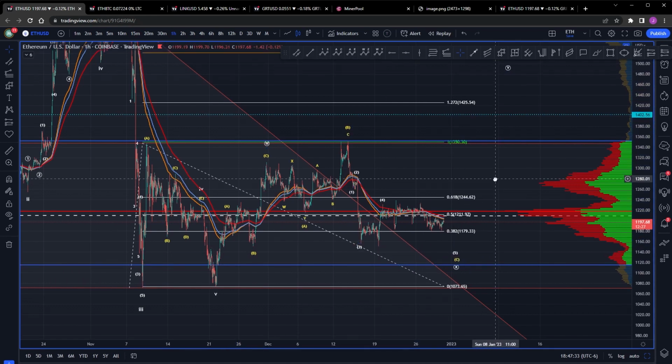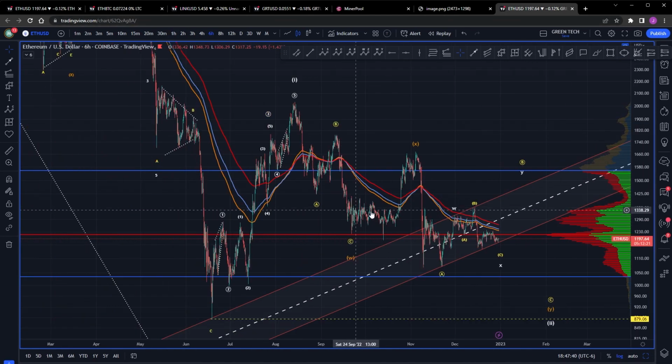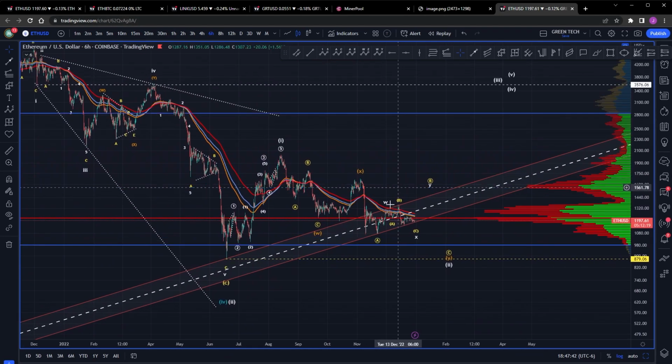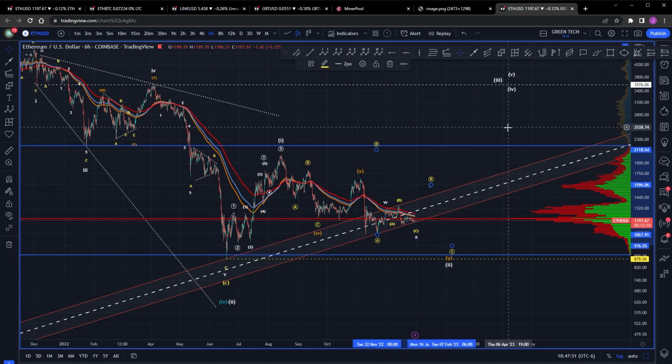So I'm just waiting. I still do think that in the larger degree, we've got this. I'd love to see this give us our pop. We get this pop, we know we can take the long up, we can take the short back down, and we can get ready to rock and roll.